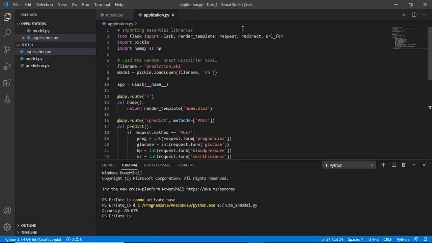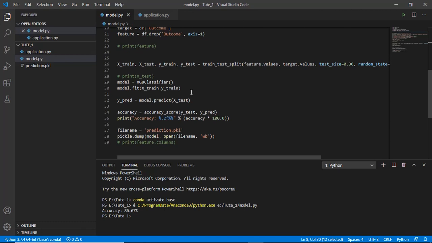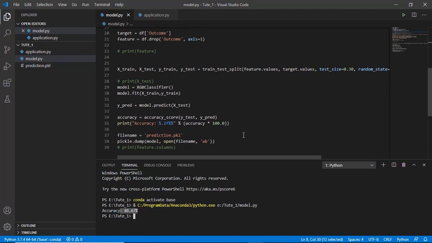So in this application, as you see here, I'm using the Flask framework. I'm going to import pickle because we created the prediction.pickle file in our model. You can see here my accuracy is 86.67%, so good without any hyperparameter tuning.